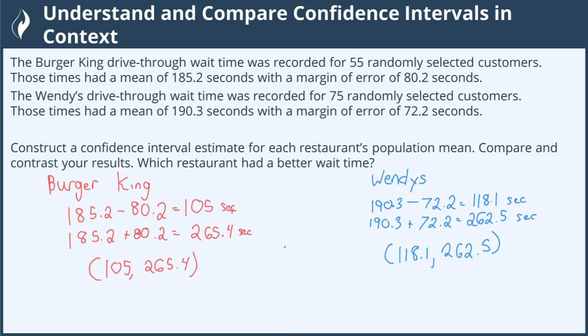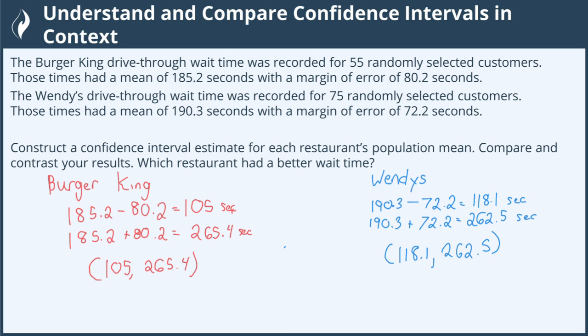seconds of each other. The interval is an interval in which the population mean wait time is likely to be in between. We have no information about where it lies in this interval, just that for Burger King, the population wait time is between 105 and 265.4 seconds, most likely. Similarly, when we look at Wendy's, the population mean wait time is most likely between 118.1 seconds and